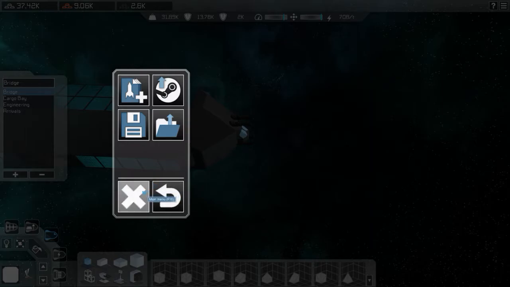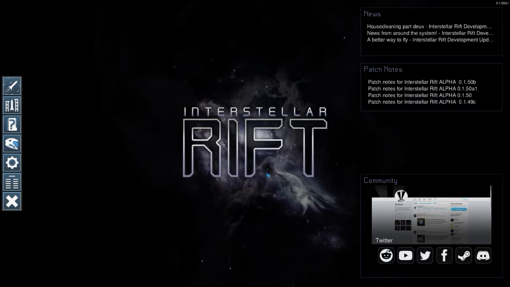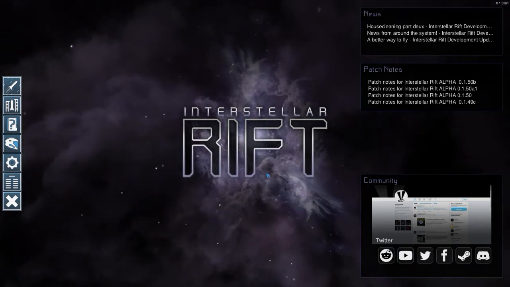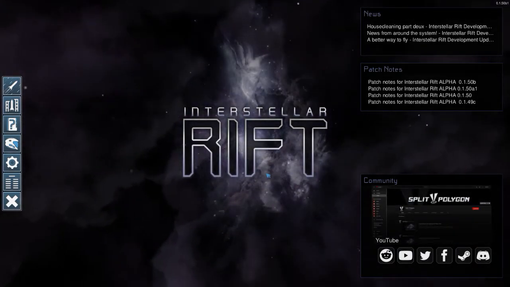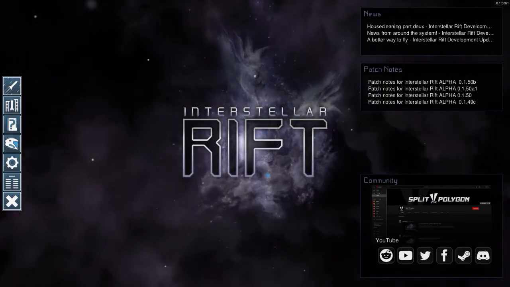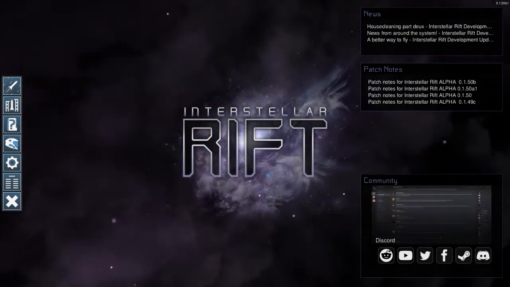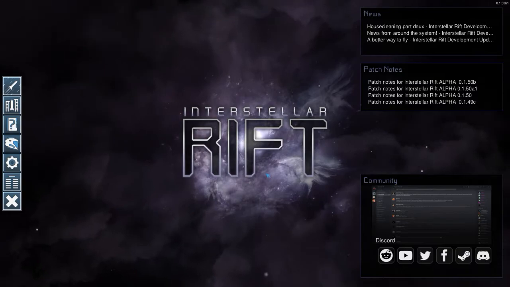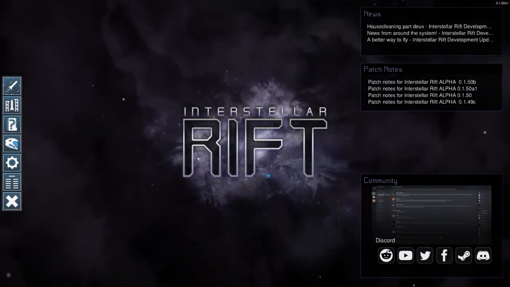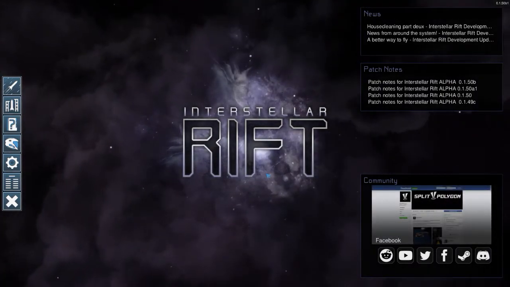Anyway, that's been Interstellar Rift. It's been fun, and I hope you enjoyed that. You know, that there's many unique ways of designing your starter ship. You don't have to go with how I've done it. You could go with a multi-deck. You could go with a fancy design. It's entirely up to you. The editor is your freedom to create whatever you want, whatever monstrous or ridiculous ship that you wish to do,